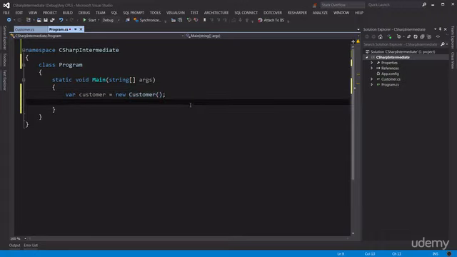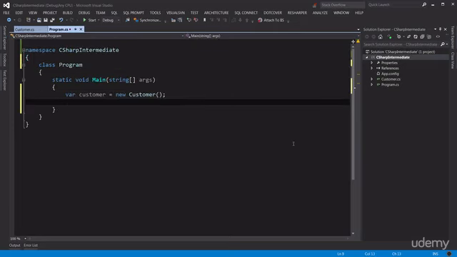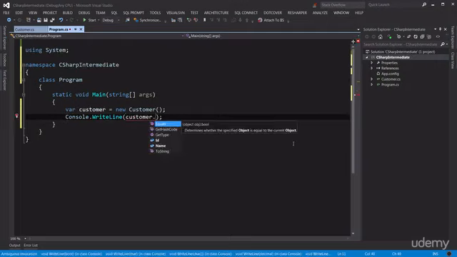Alright, now I want to show you the effect of the default constructor that the C# compiler creates for us. Note that here in the customer class, I did not create a constructor. But I told you earlier in the slides that the C# compiler creates one for us. So let's see what happens. Let's display the fields of this customer class on the console. So Console.WriteLine, customer.id,